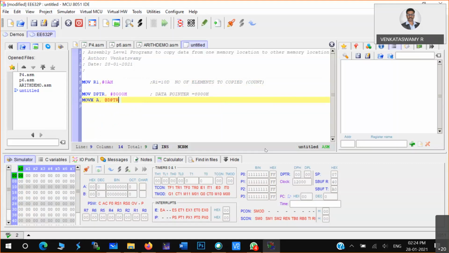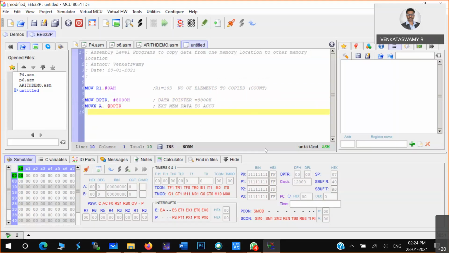When you use this command, the element is taken to the internal memory, to the microcontroller. That is, external memory to internal memory, the accumulator. So you are taking the external memory data to the accumulator. That is what I did now.